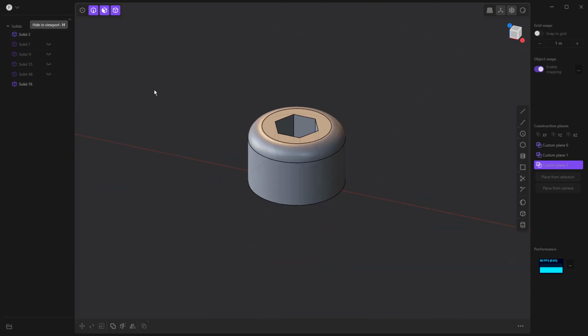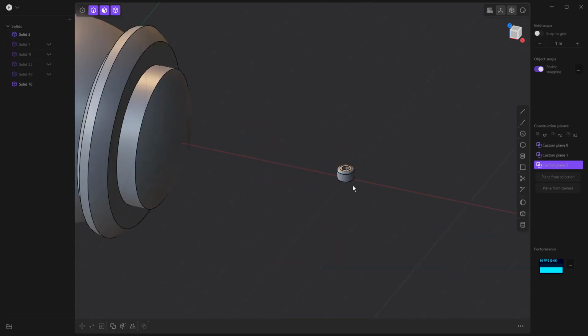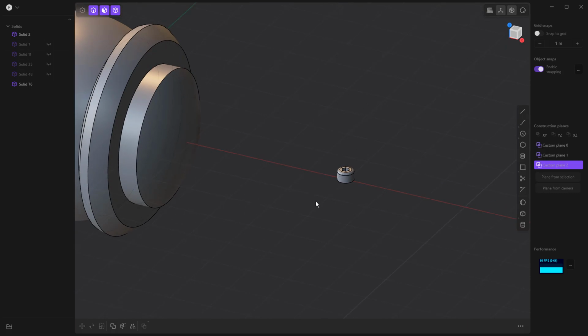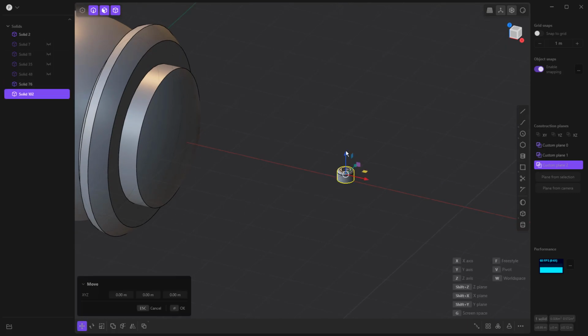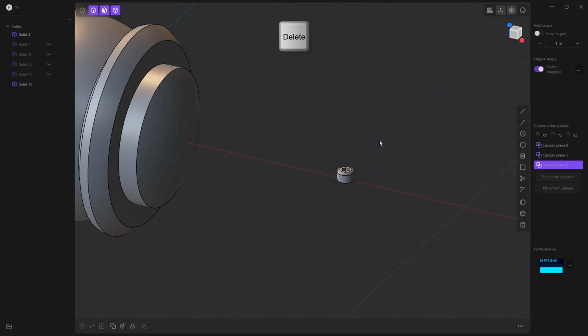So we want to bring back that original solid. If we zoom out, we can kind of see where it is. Now there are a couple different things that we can do here. We could take this and do Shift D to duplicate it, which allows us to make a copy, and then we could work on putting it where we wanted to. It doesn't really help us in this case. So if I go ahead and just move that copy around and delete it,